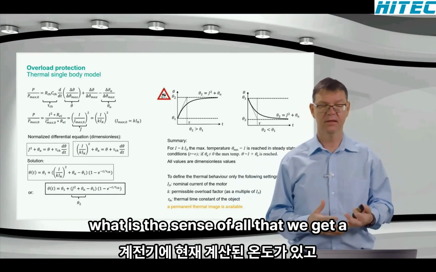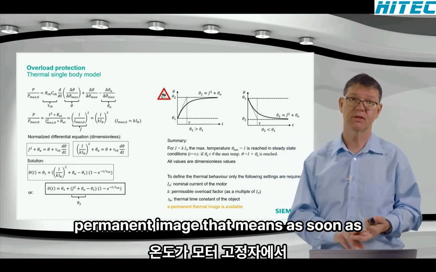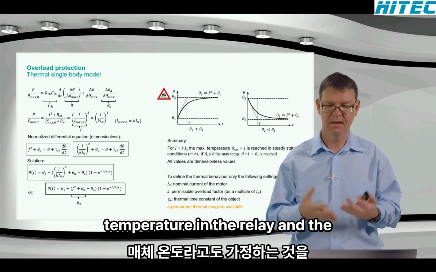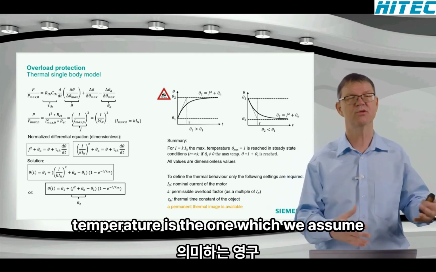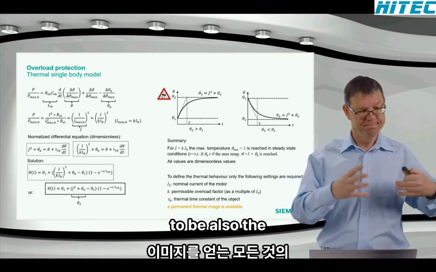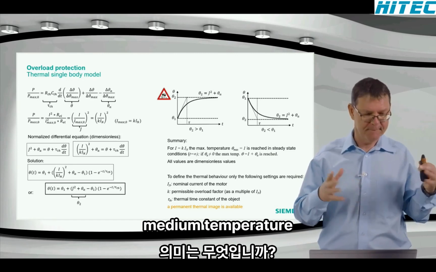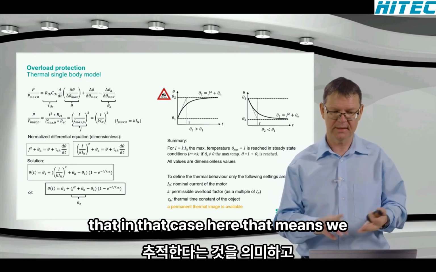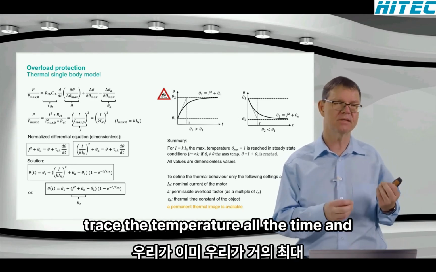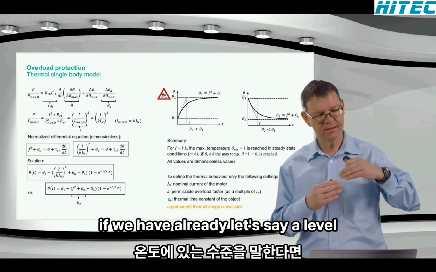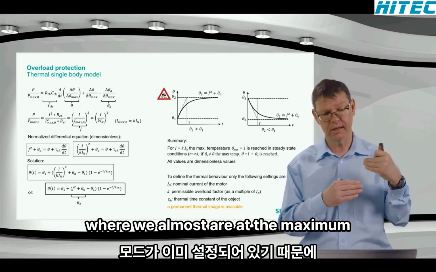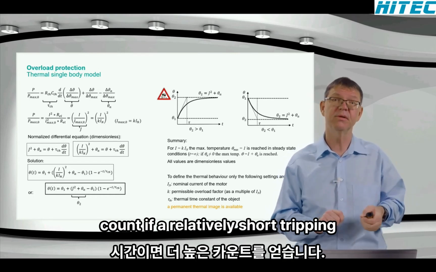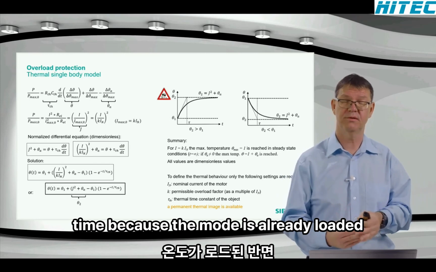What is the sense of all that? We get a permanent thermal image. That means as soon as there is a current, we calculate a temperature in the relay. And the temperature is the one which we assume to be also the medium temperature, with our approximations and simplifications, in the motor stator in that case here. That means we trace the temperature all the time. And if we have already, let's say, a level where we almost are at the maximum temperature, and then we get a higher current, we have a relatively short tripping time because the motor is already loaded with the temperature,